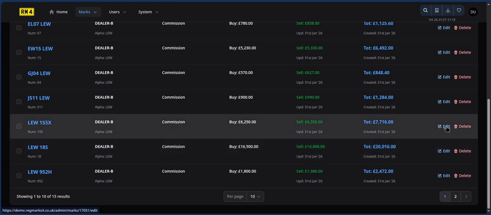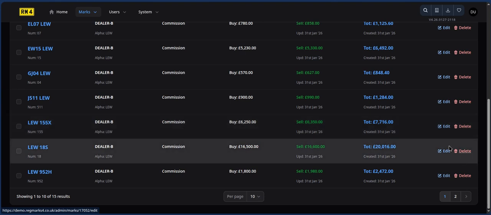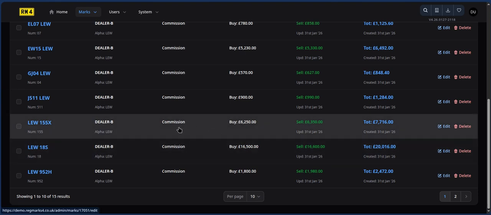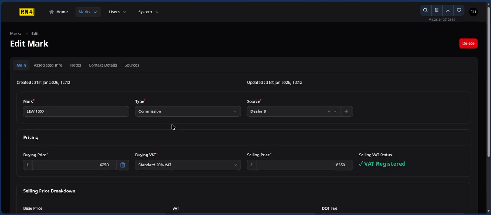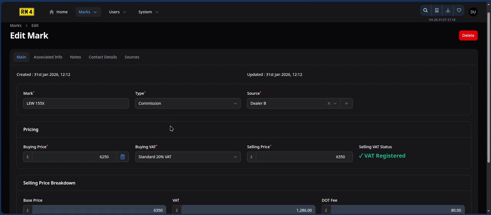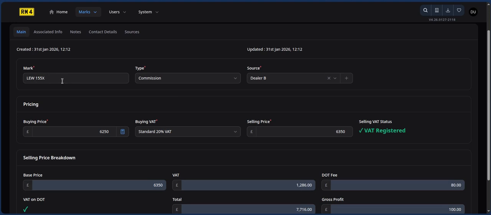Even though the edit option is on the right hand side, in 90% of cases you can click anywhere on the line and it will go into edit. Obviously, to delete you have to click the delete option, but if I just click here, we can see that we've got Lou 155X on commission from dealer B, price 6250,